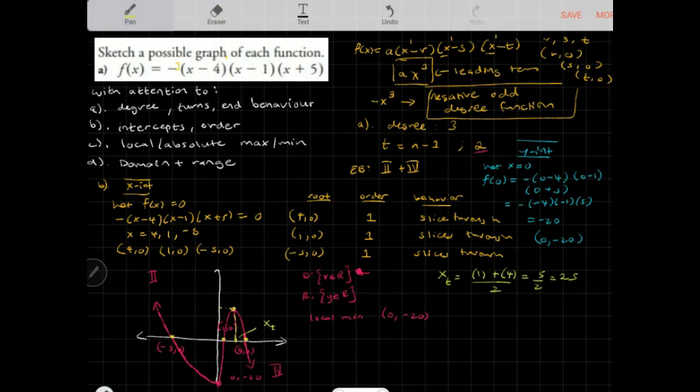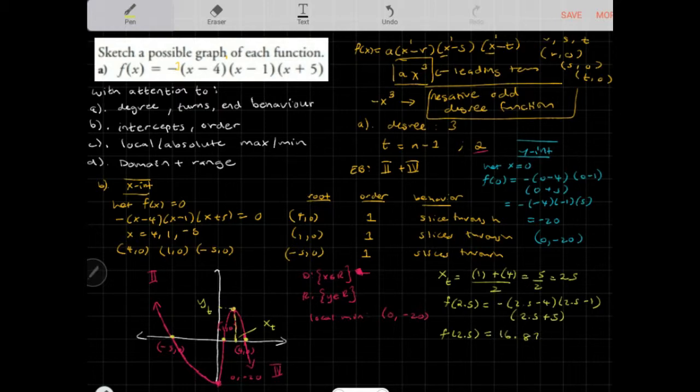Okay, if you wanted to find the y value of the turn or the y value of the local maximum, what you just do is you just do f of 2.5, and you plug it into your function, right? You get negative 2.5 minus 4, 2.5 minus 1, 2.5 plus 5. Okay, and then if you punch this out in your calculator, you'll get